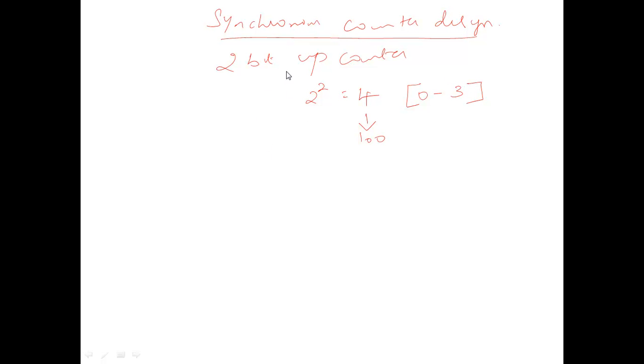Up counter in the sense it will be counting upwards. It will start from 0, 0. The next count will be 0, 1. The next count will be 1, 0. The next count will be 1, 1. So this is 0, 1, 2 and 3 in decimal. In binary it is 00, 01, 10, 11. So this is the order. It is counting up. For every pulse, one count will be increased. Then as it is a 2-bit counter, after 1, 1 it cannot go to 1, 0, 0 because it has to be restricted within 2 bits. So it has to go to the initial state. This is the sequence that the counter will follow.